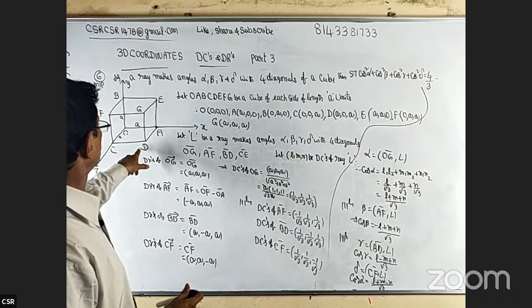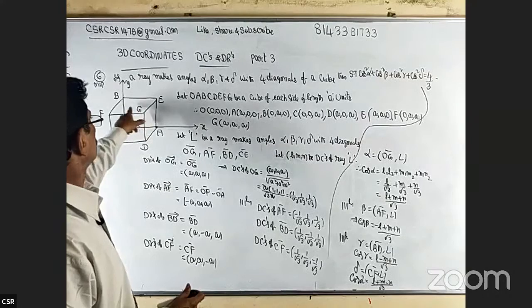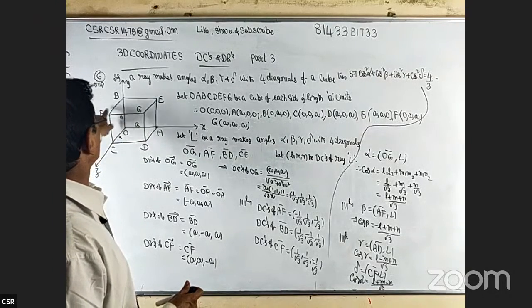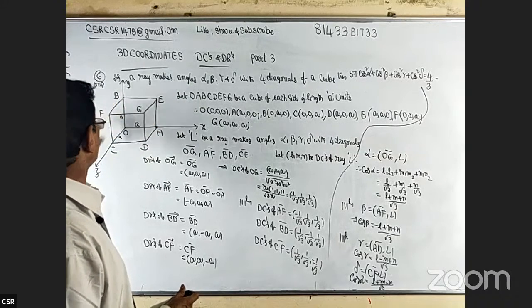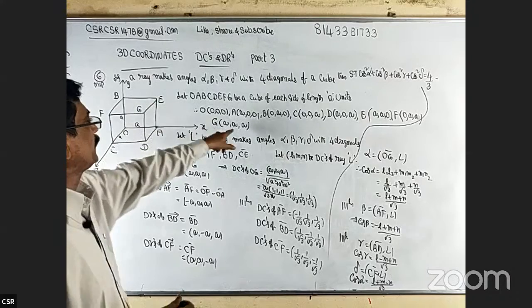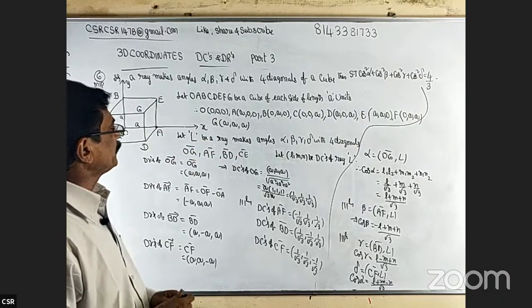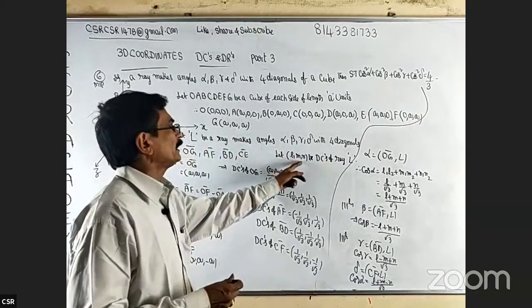Here D is in the XZ plane, A comma 0 comma A. E is in the XY plane, F is in the YZ plane. G is in space, all three A. Let L be a ray that makes angles alpha, beta, gamma, delta with the four diagonals, and let L, M, N be the DCs